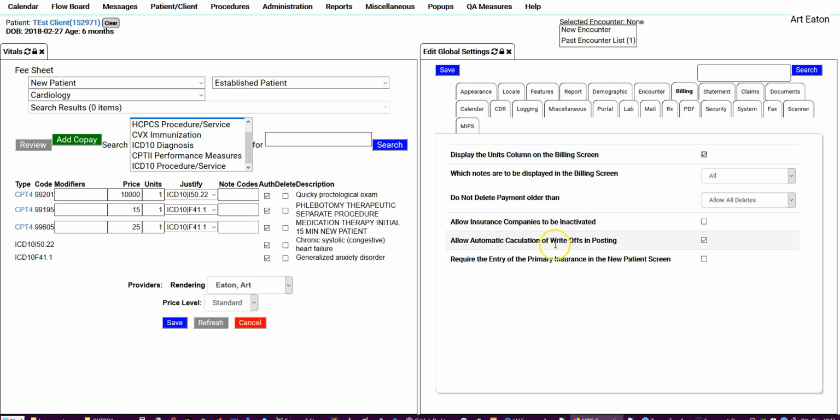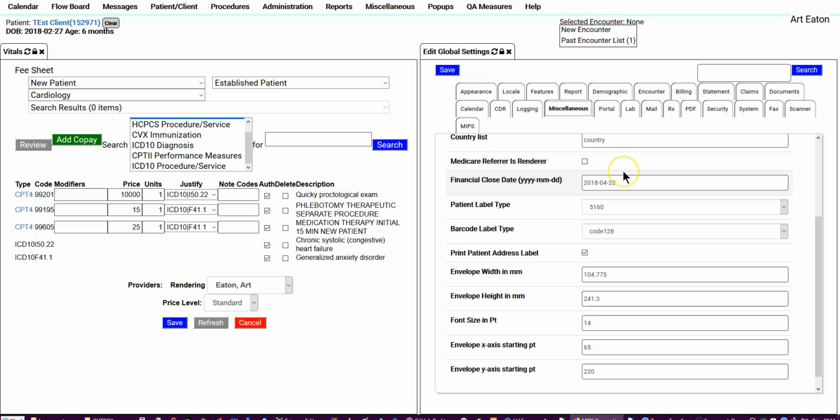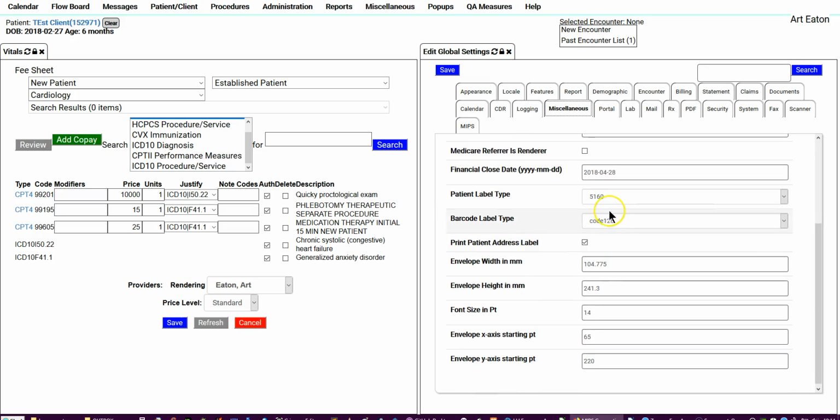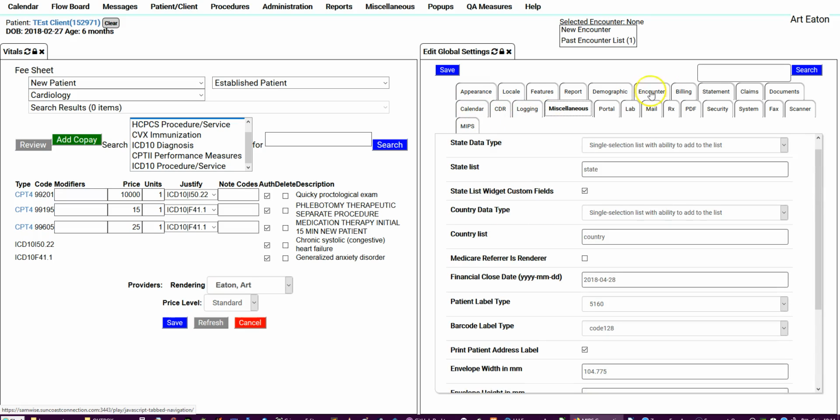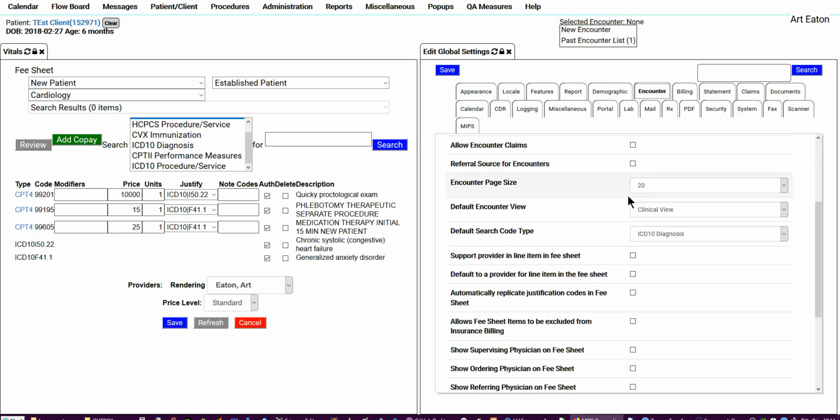Do not, automatic calculation, entry of primary insurance. It's not there. We're looking for authorizations. I don't know. Let's see. Nope, not there. Gosh, don't you like picking around and things like this? Anyway, some Medicare refers render. They're somewhere in here. Somewhere in here we have a thingy